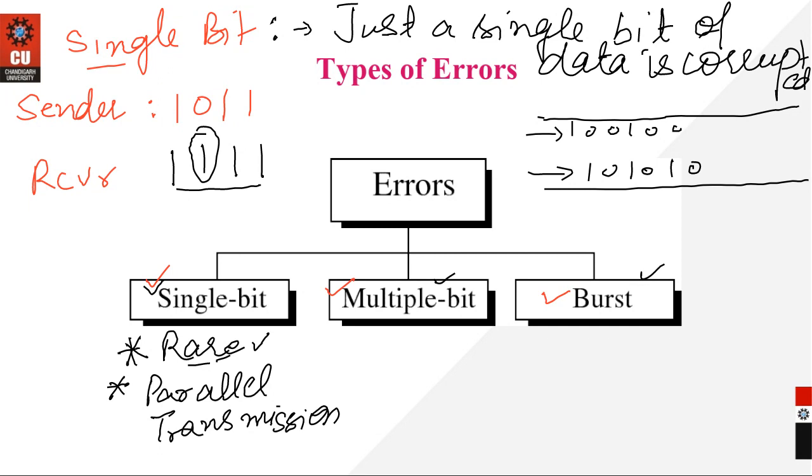Now in case I say that the speed with which this data is traveling over the channel is 1 Mbps. The data rate of this channel is 1 Mbps, right? अब मुझे बताओ, इसका मतलब क्या है 1 Mbps? इसका मतलब क्या है that how long, now in case I ask you how much time a single bit of data is taking to travel over the channel, एक bit को कितना time लग रहा होगा?